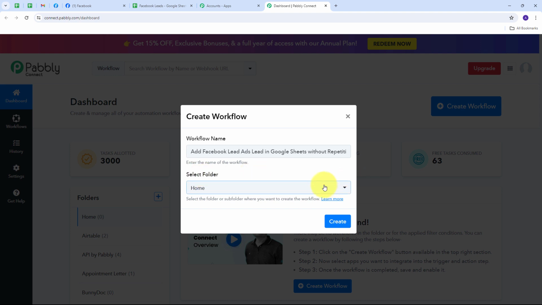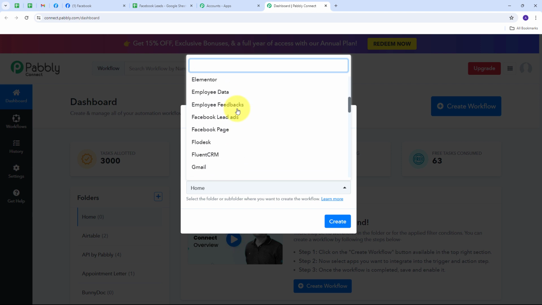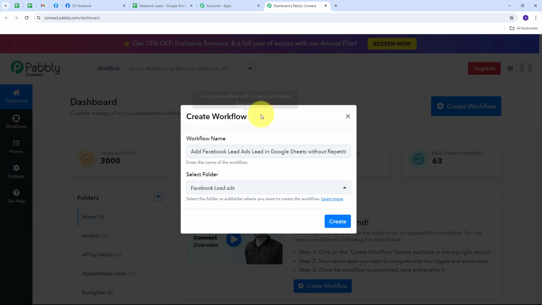So I'm going to open this tab, and in this tab you will find all the folders that you are going to create in your Pabbly Connect account, and you can select any folder to save your workflow. So I'm going to use this particular folder of Facebook lead ads. So I'm going to select this and I'm going to save my workflow in this particular folder. Now I'm going to click on create,